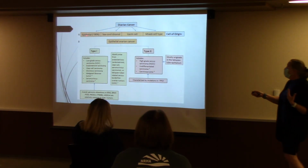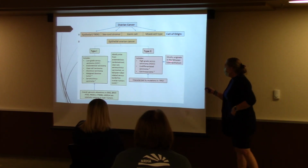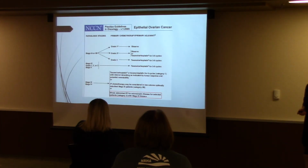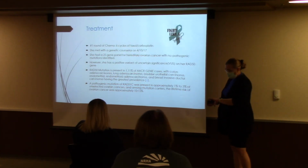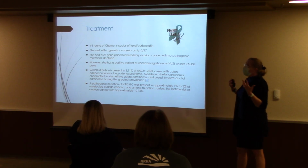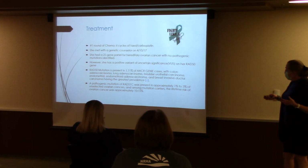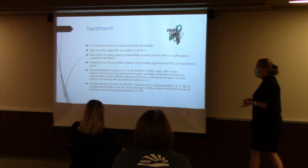So again, she has epithelial type 2 because it's high grade, and hers originated in that fallopian tube. All right, so her treatment, Taxol and carboplatin. She starts her treatment, her first round of chemo, and does fairly well. She did meet with a genetic counselor. I tried to find that genetic panel, but I could not find it. But I did find that she was positive for a variant of uncertain significance on her RAD50 gene. Now the RAD50 gene mutation